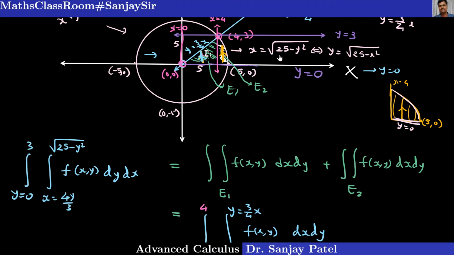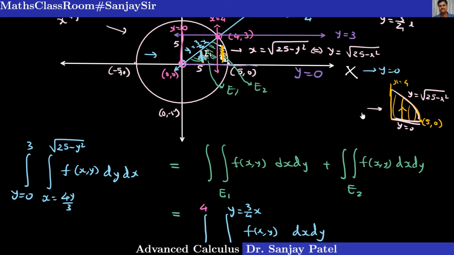If you simplify this and find y in terms of x, that is, express the variable y as a function of x to find the equation of this curve in terms of x, this is y is equal to square root of 25 minus x square. Remember, it is in the first quadrant, so y is positive, so we are taking the positive square root. So y varies from 0 to the circle, square root of 25 minus x square. And how does x change? For that you have to think in this manner.